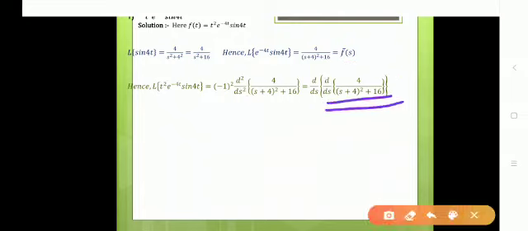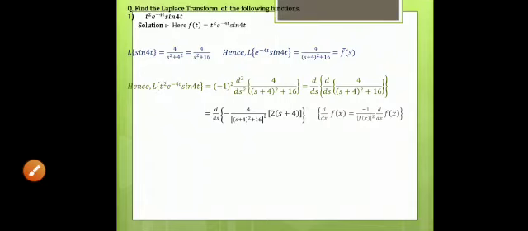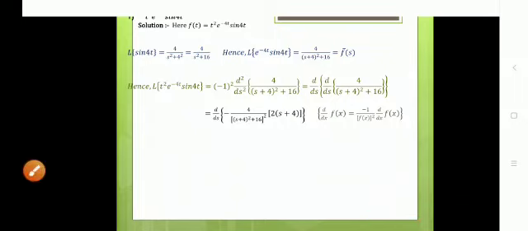Now to find this derivative, the numerator is a constant term 4 and only the denominator contains the variable term, that is s term. So this is in the form 1 upon f of x. What is its derivative? Minus 1 upon f of x square into d by dx of f of x. So using this rule or this formula of differentiation, we will find this first derivative of f bar of s.